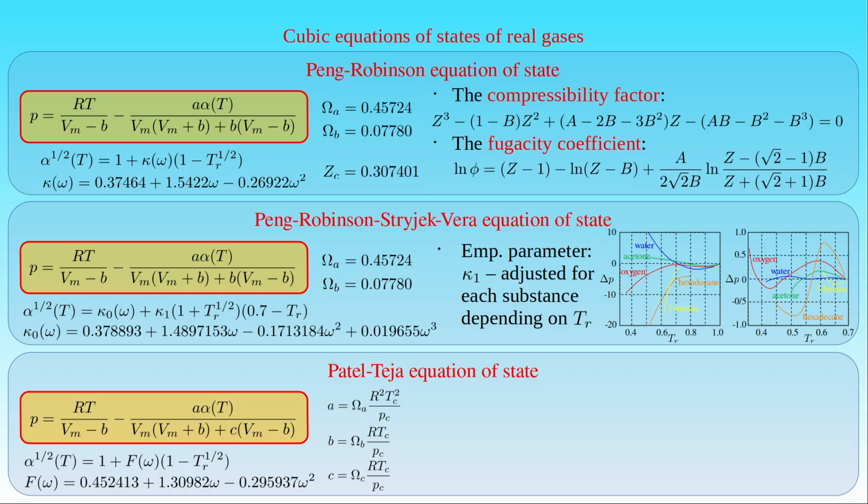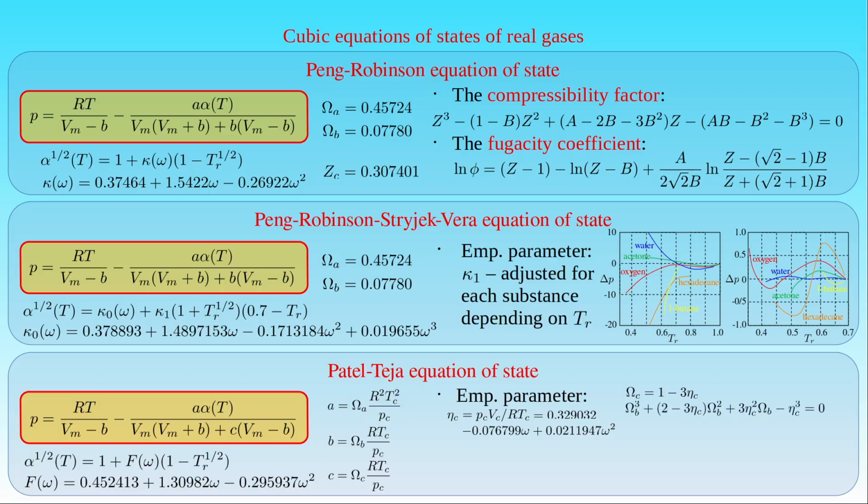In this procedure, instead of predicting a fixed value for the critical compressibility factor ZC, it is considered as a substance-specific empirical parameter denoted eta C, that can be adjusted with the error minimizing process and correlated to the eccentric factor for nonpolar substances. Then the parameter eta C can also be expressed as a quadratic polynomial of omega. As a result of the error minimization, the following equations are obtained and used to determine omega A, omega B, and omega C. In the first equation, omega C is expressed by 1 minus eta C,